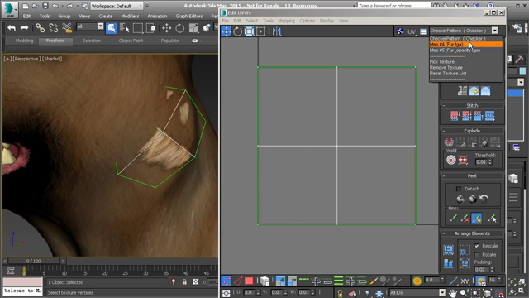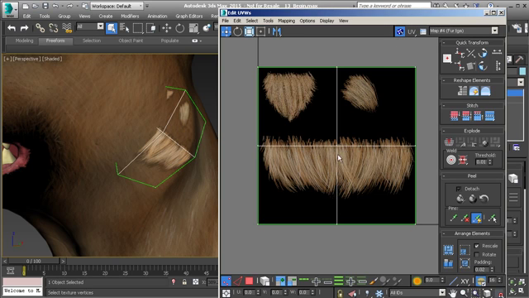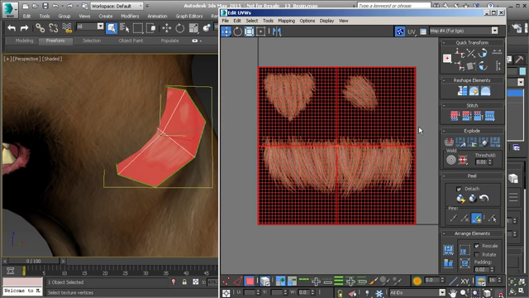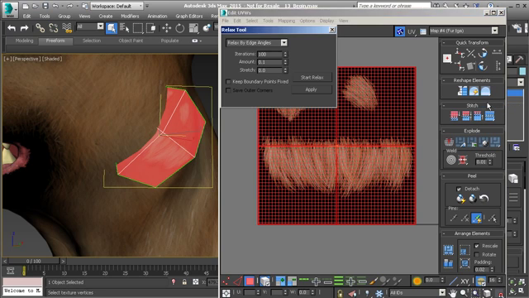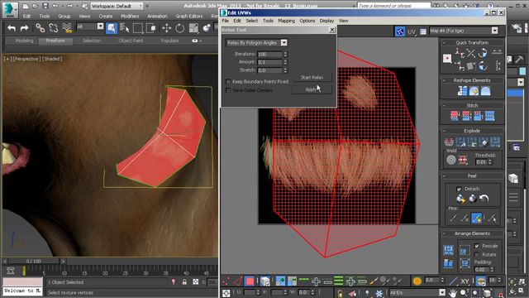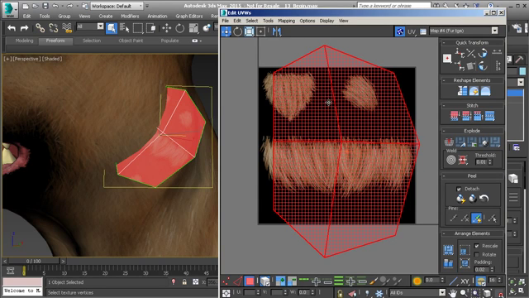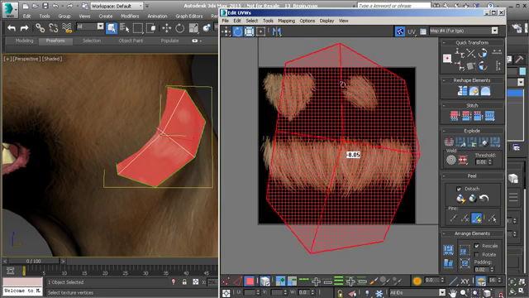What we'll do is we'll actually use this map fur instead of a checker pattern like we normally do for our background. We'll use this fur texture. So whenever I turn that background back on, here's what you see. And then what you do is you take the polygons of that UV space, and we can go ahead and just do a simple relax on this for right now, just to kind of get it into that shape that we see there. And then watch what happens. We can actually go ahead and start to orient this around,